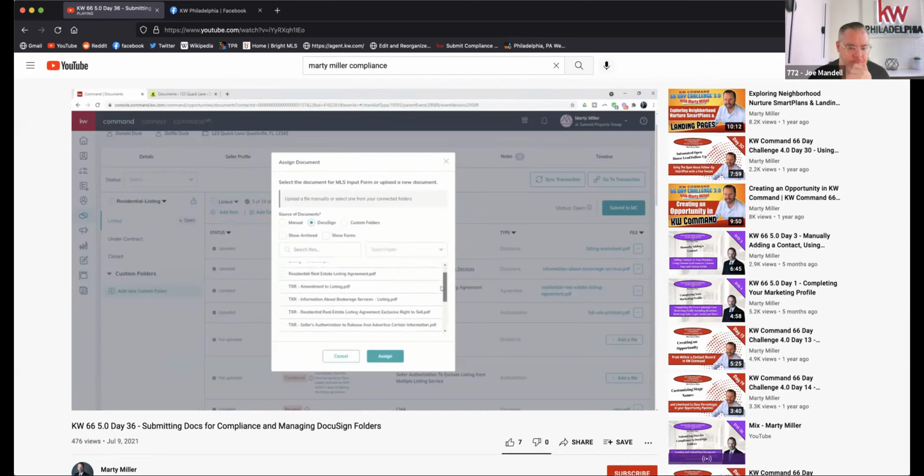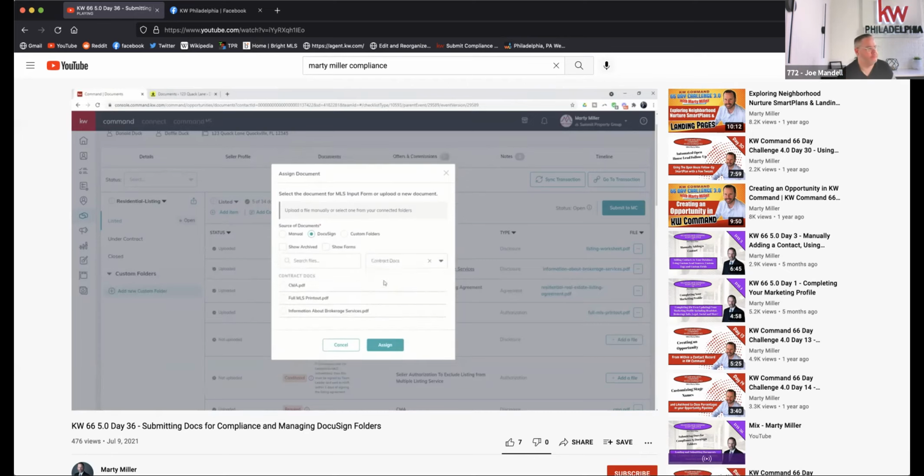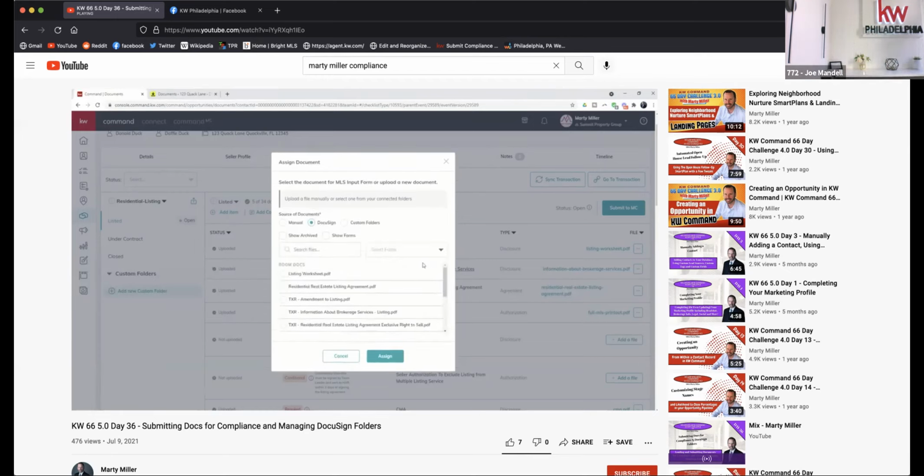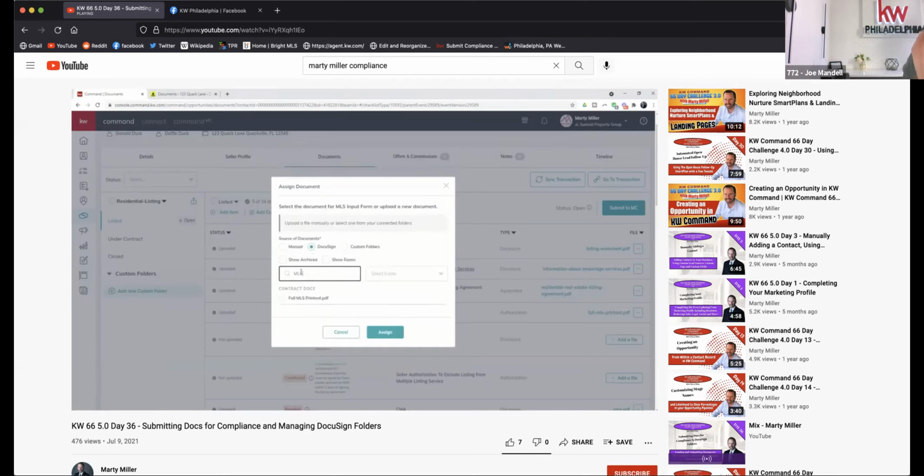Now, if I have a whole bunch of documents inside this room doc folder, I don't want to scroll down, scroll down, scroll down. I can just come in and say, I just want to see the documents that are in the contract doc section. That makes that a little easier. Also, if I have this massive list, but I'm just looking for the MLS printout, I can type MLS and there's the MLS printout. So a couple of different feature enhancements with regards to assigning documents from Docusign